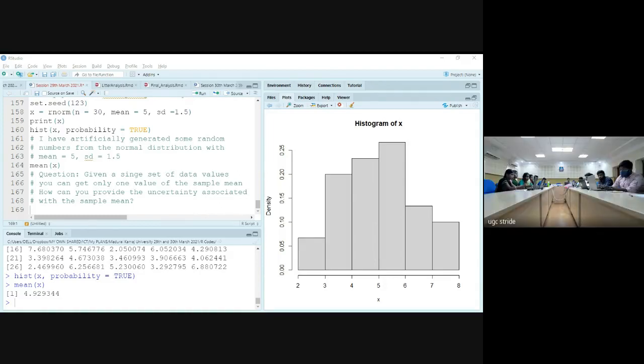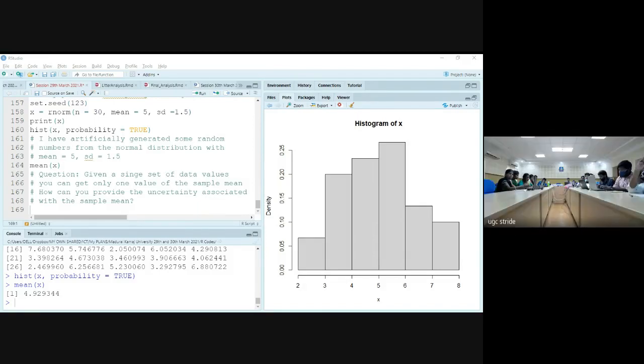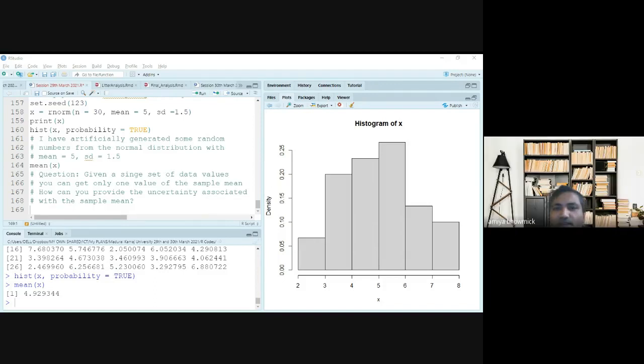If tomorrow you again randomly select 10 plants and measure the leaf length, then compute the mean, they are going to be different, right? So how much uncertainty is associated with this estimate of the mean?